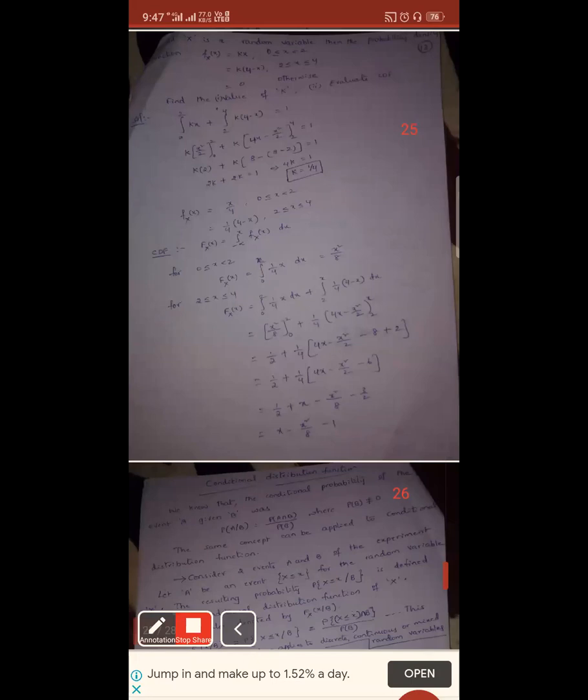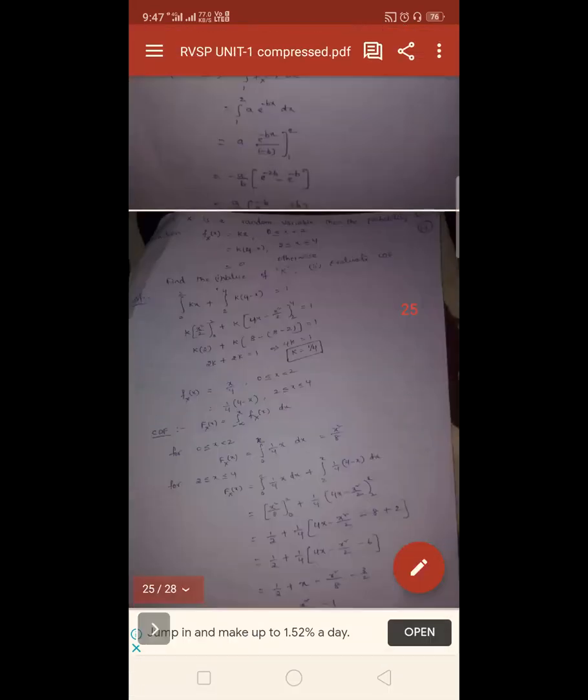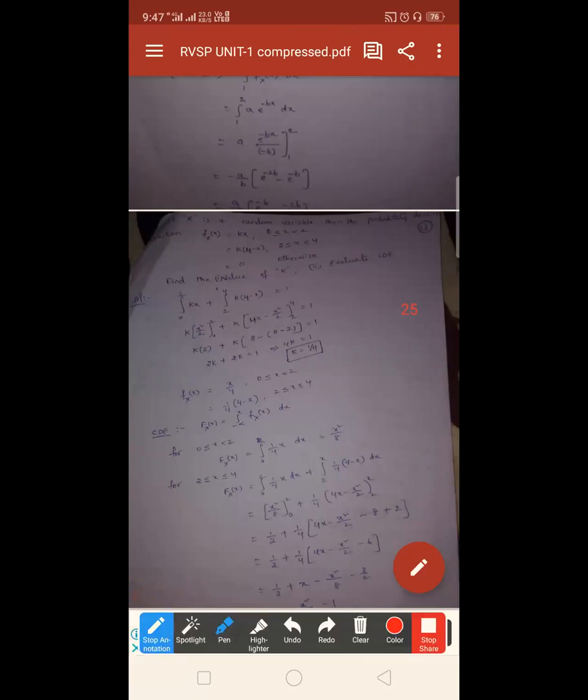The third problem is also very easy because we have solved 3 problems up to now. Till now, we have solved 3 problems. So this is somewhat easy for you. Within 5 minutes, I will stop the class. Here, see the third problem. All of you see the third problem.